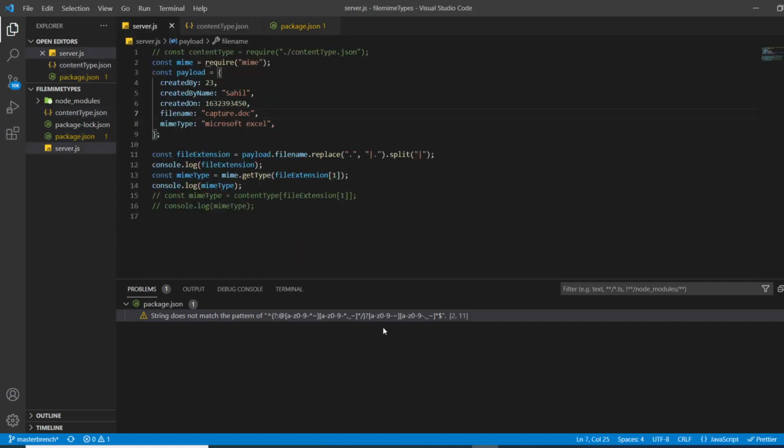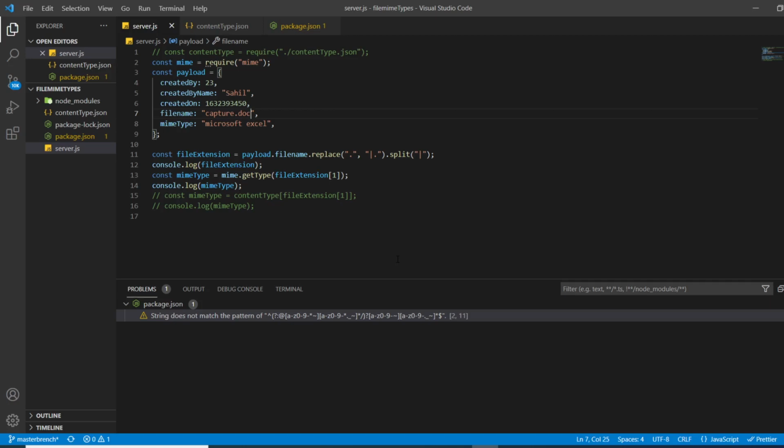So guys, this is what I really wanted to show you. If you really want to implement this functionality in your code, like if you want the mime type of whatever file is being uploaded on your server, you can implement this code if you are working in JavaScript or Node.js.